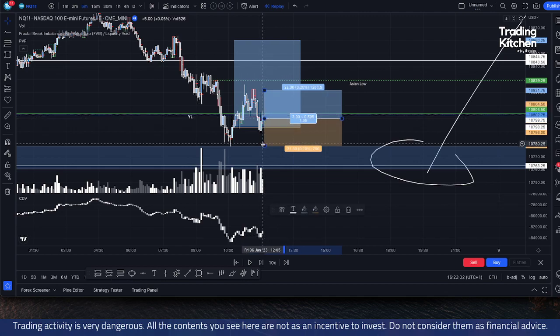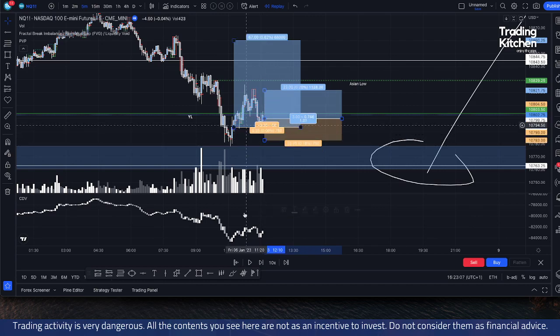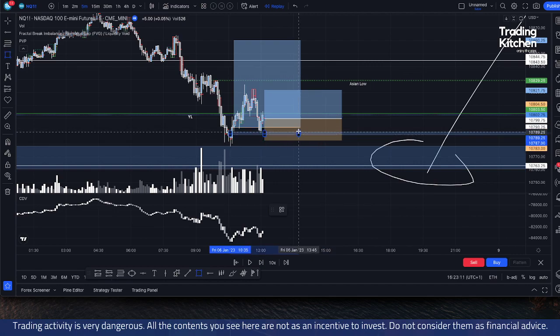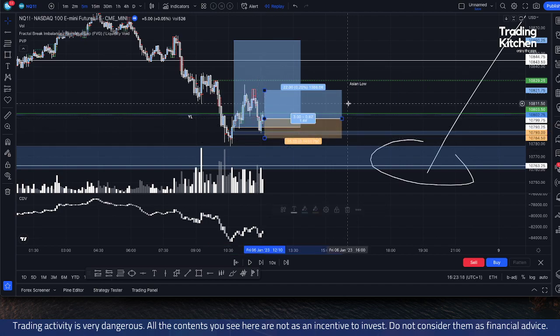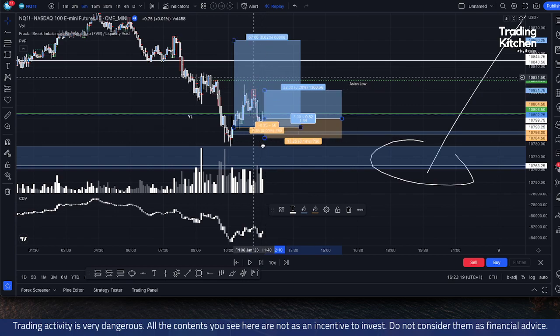So the stop loss now, it's okay. Look at the stop loss here. As you can see, we have an imbalance that is not fully mitigated yet. My usual stop loss is just below the imbalance here. This is a counter trend trade, and probably this is going to be a stop loss,